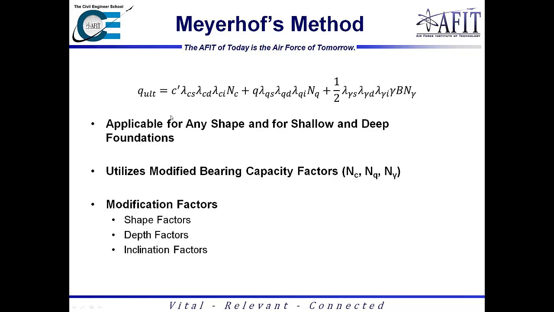The ones that you'll primarily be dealing with, if you have to use the Meyerhof one, will be the shape and depth factors, which, if you look in the CE reference manual, there's an explanation of what the values are. And typically, if you're going to use a square or you're going to use a circle, then what you're going to wind up having is the values be 1 or 0 or something of that nature. And so you can just plug it in relatively straightforward and easy. But you'll wind up using these modified bearing capacity factors and just be able to solve for the ultimate bearing